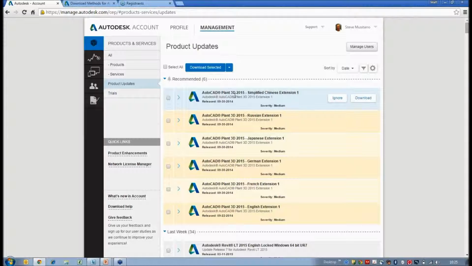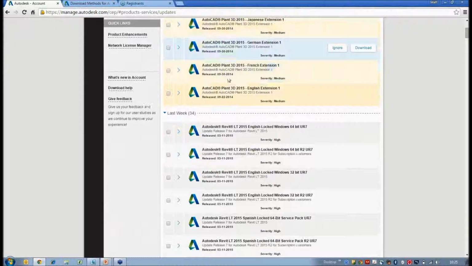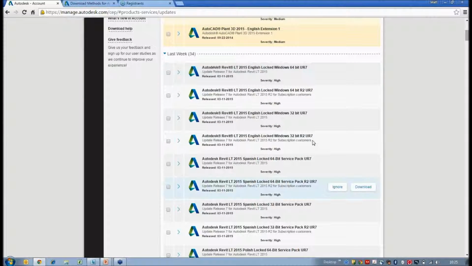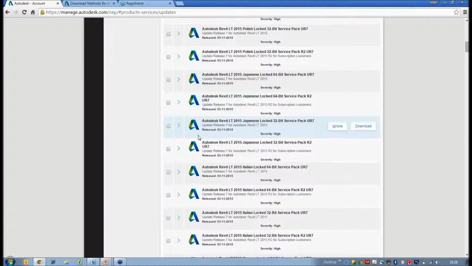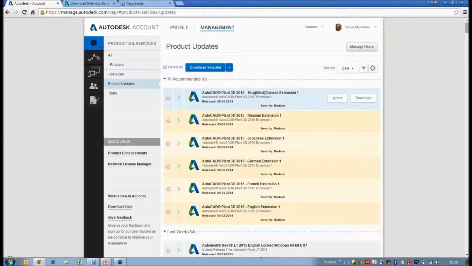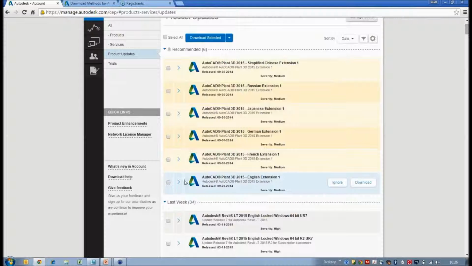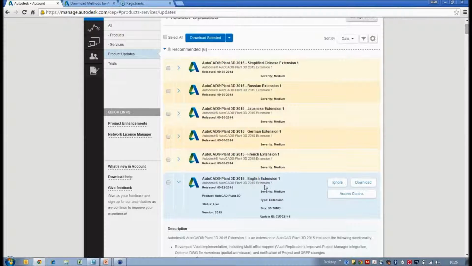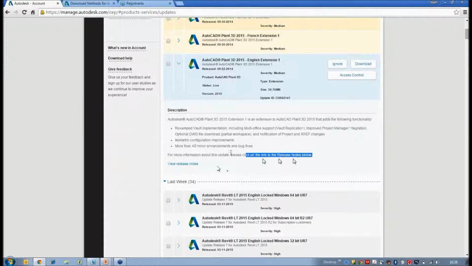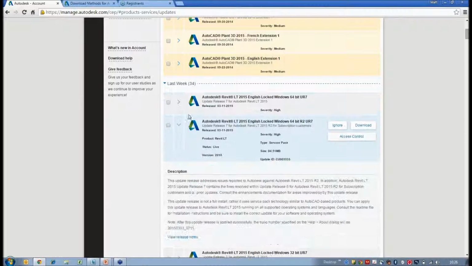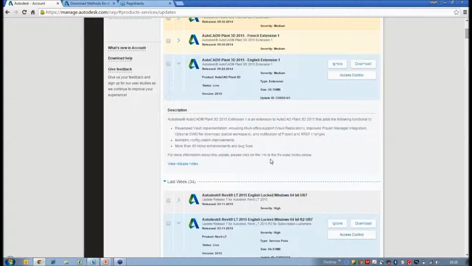So it is done on a chronological basis. So we've got some recommended ones at the top, and then last week we can look that we've got 34 updates. Okay, a lot of them are language specific. And what is quite nice is that you can go in here. Where's the English extension? Again, using that drop down, and then we've got some notes here around what's included, why it's good, why you should look into it. And then you can choose to ignore it, download it,